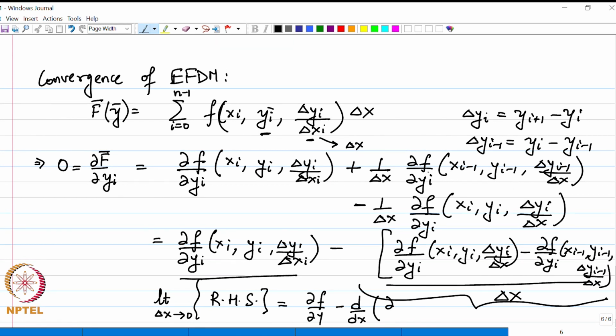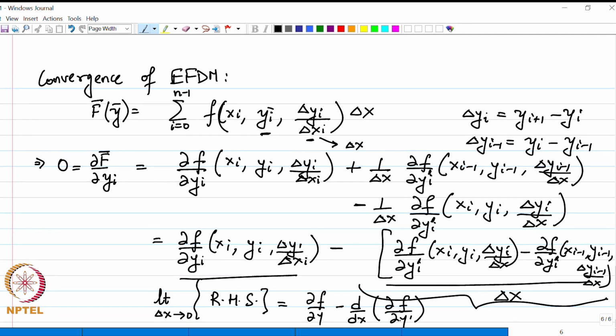So, we have that this is del f del y prime, right. So, we are differentiating with respect to the third argument here. So, this is del f del y prime, del f del y prime and del f del y prime, since we are differentiating with respect to the third argument which is y prime, right. So, then in the limit this becomes the regular derivative with respect to x of the partial f partial y prime, right,